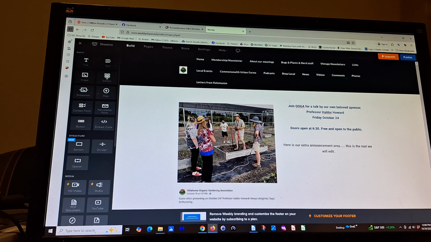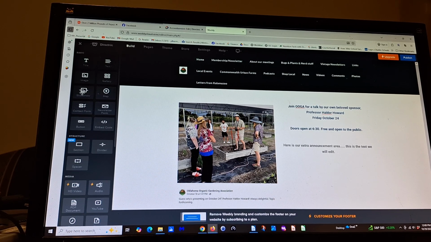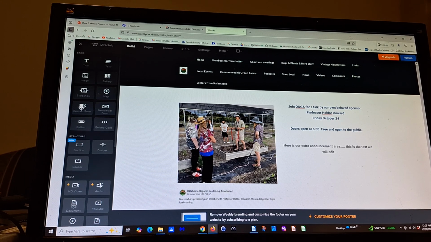Image, and sometimes we can do a gallery if it's like the photos from the last meeting or something. We could throw a photo gallery out there. We can put slideshows, etc., etc. Yeah, slideshows there. Map, occasionally, to our meetings. We have a contact form. I'll show you all the contact form while we're at it. Newsletter form. Yeah, those are just simply